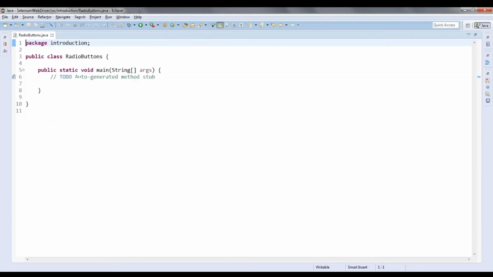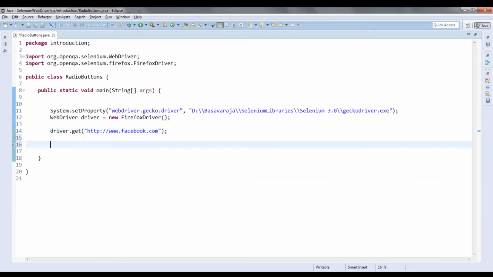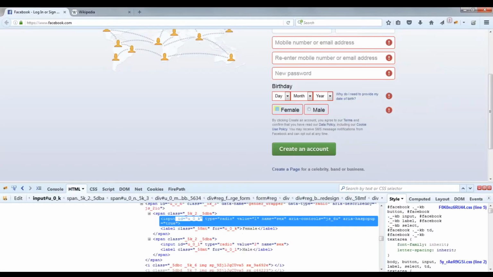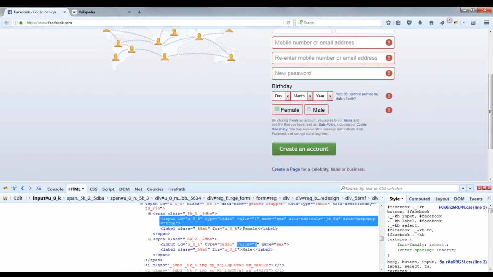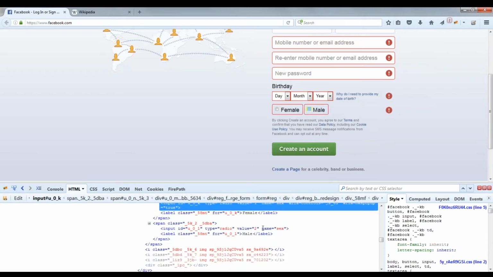Let me go here. Okay, so we need to consider the name. Driver dot not find element, it is find elements. You just consider you don't have these unique IDs for radio buttons. They will be having type as radio, and then value 1 and value 2. This value differs, but the name will not differ. Name will be the same for radio buttons because it is a grouping of these radio buttons. So you should select any one out of whatever is displayed.